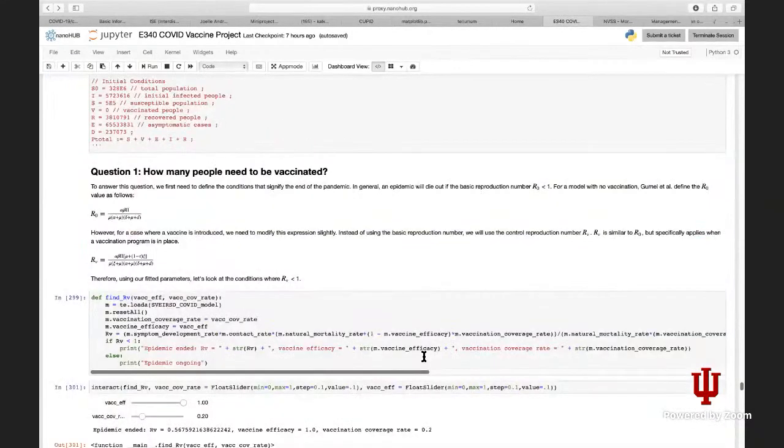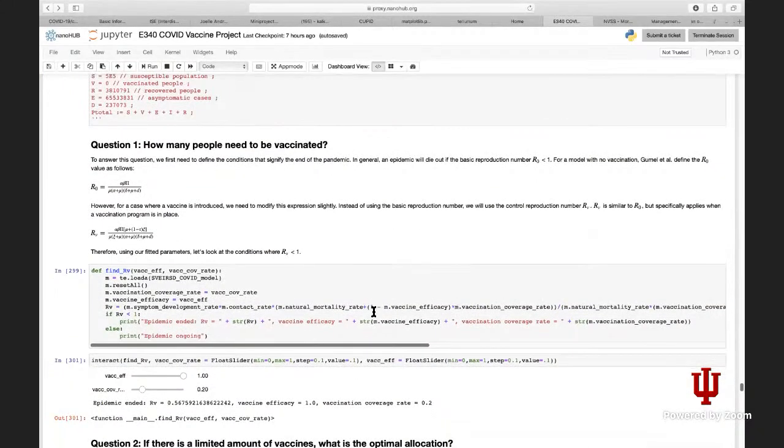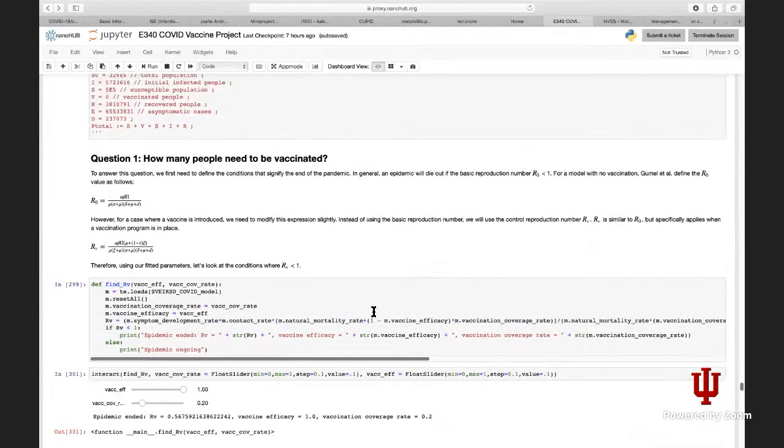So now we're going to look at our first question, which is how many people need to be vaccinated. In order to do this, we use the condition that the epidemic will end if our R0 value is less than 1. But here, the authors of the Gumel et al. paper defined a control reproduction number, RV, which is a modified version of R0 to take into account the addition of a vaccination. I don't know if everyone can see that equation, but for our R0 value, we're going to have the